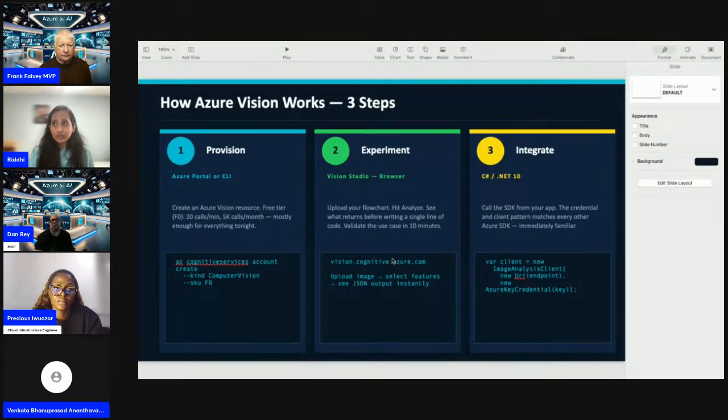Inside it has a Vision Studio where you can upload your image, for instance, and then you will get the caption, tags, and OCR lines, which is good enough to know if your image quality is good enough. And then it will generate the keys and endpoint when you create your resource, and that can simply be integrated into the C# SDK. That's what I have done today.